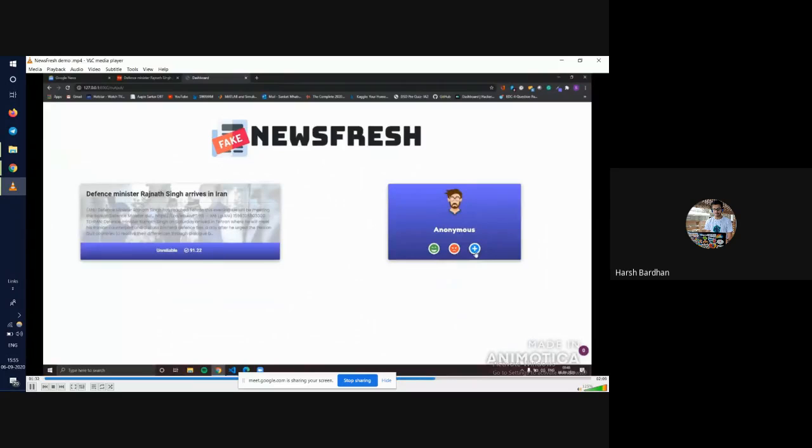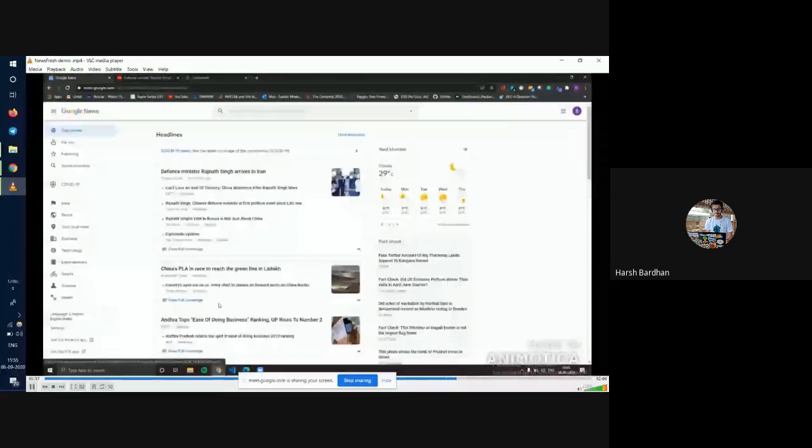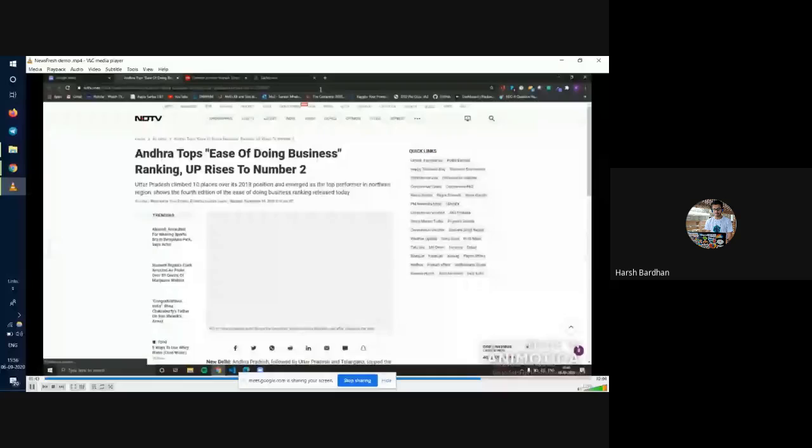And finally, we have this gamified experience through which people can upvote or downvote a particular news, and they can voice their opinion on what they think about it. This is something like a crowdsource option, so that they can express their opinion, and a new dataset can be generated out of this. So this is the whole implementation of this project. There is still much to be done, but we are hopeful for the future. Thank you.